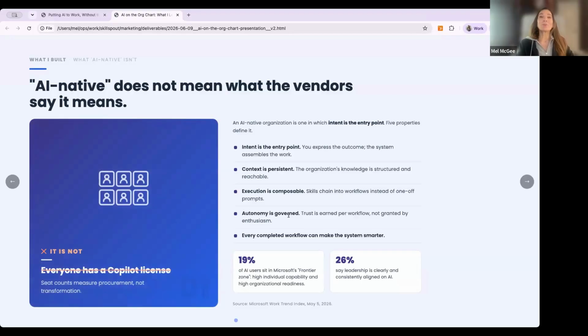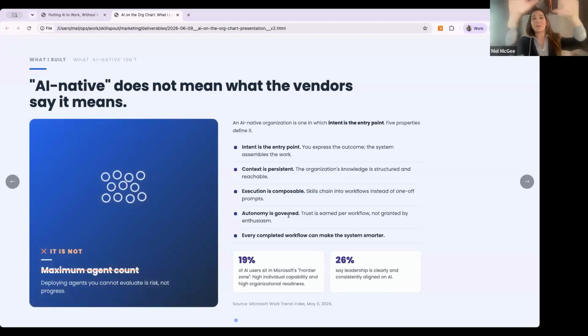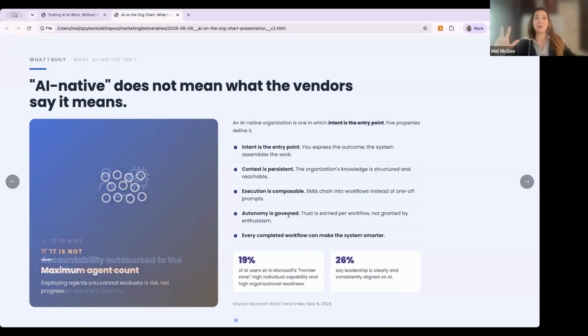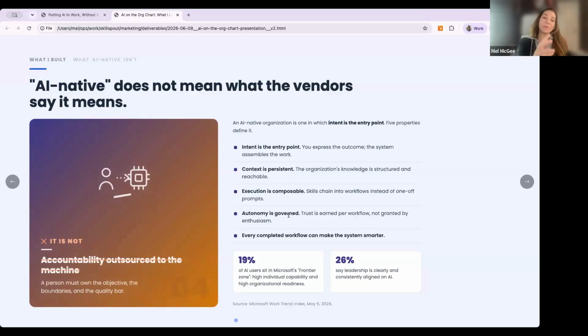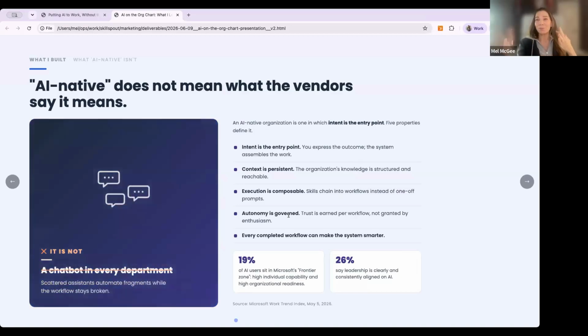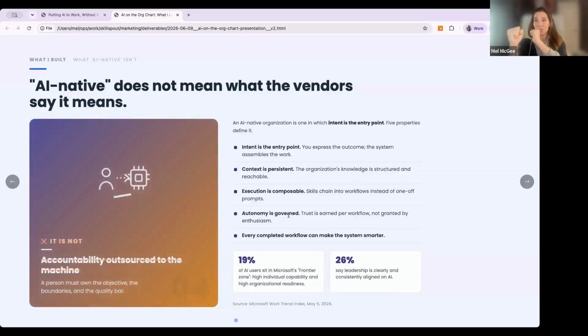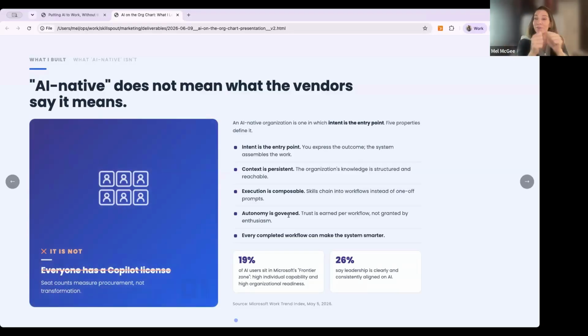Execution is composable. What do I mean? Don't make big monolithic systems. Lego blocks, not big Lego sculptures, is what I'm talking about here. So when I say skills, I'm talking about agents, or what Claude Code might call skills. Other people are adopting that terminology as well. Things like this. They should be small chunks, not huge creations, so that you can reuse them.